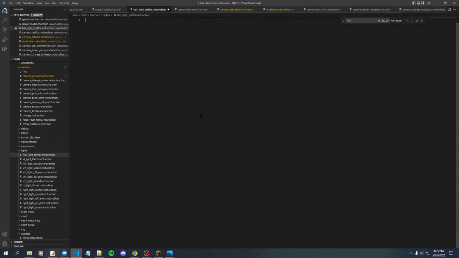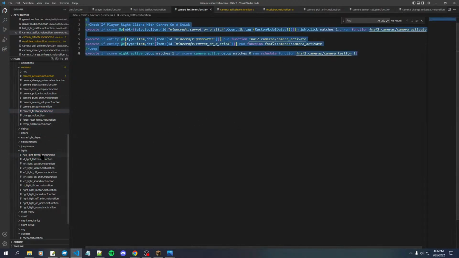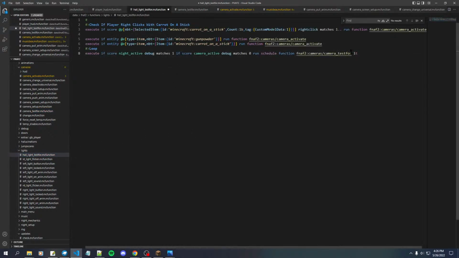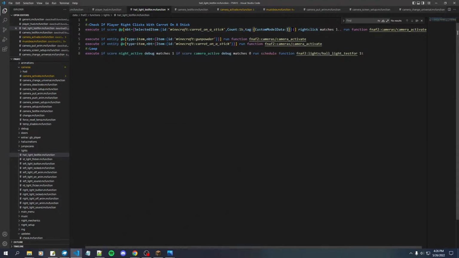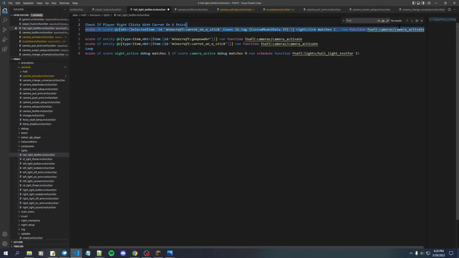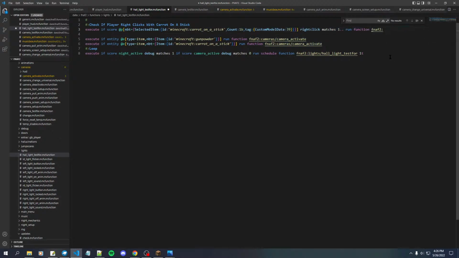Execute if, actually no. We could just completely copy paste it as if it was camera test for. So now we go to camera test for, copy that, hall light test for, run function. This 1T, yep. Check the player, right click on a carrot on a stick, yep. And the item that is selected should be 39 as far as I remember. Yes, it is 39. Right click matches 1 or higher, and then run function FNAF2 light slash hall light